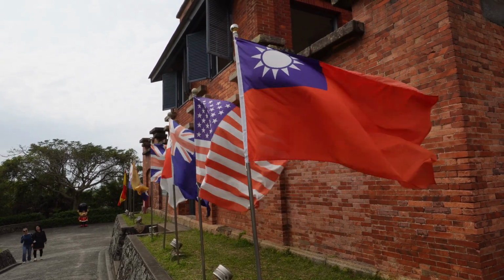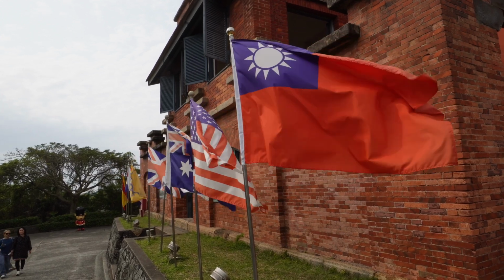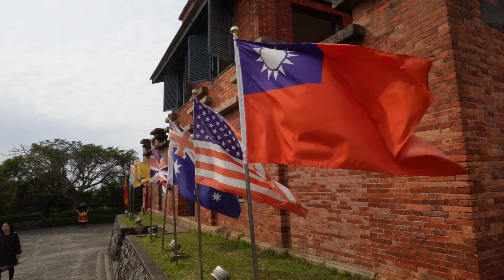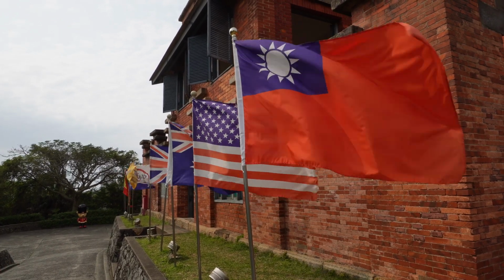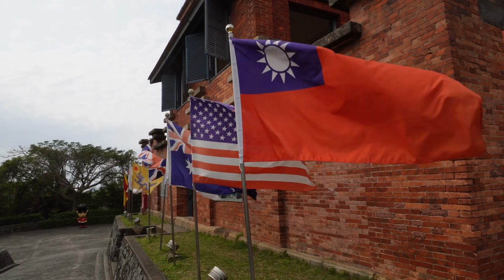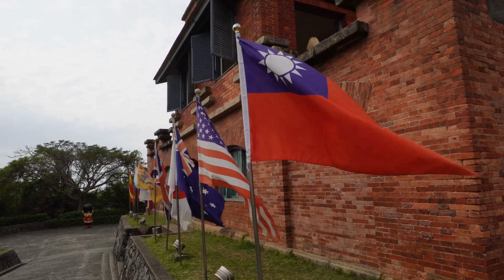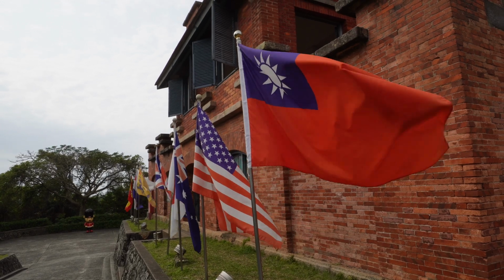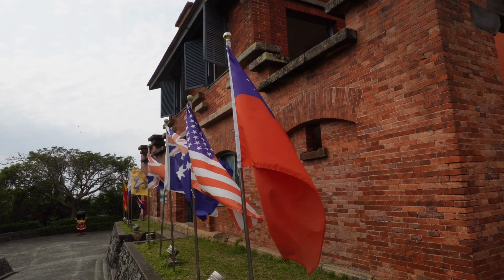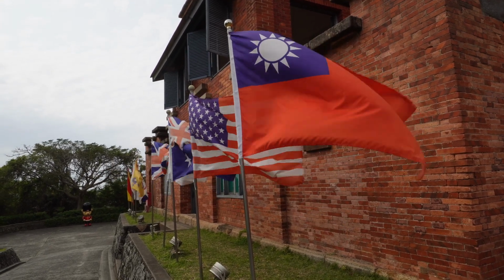So the Spanish came to Tamsui in 1628 and established the fort, and then they left and the Dutch came along. Or should I say the Spanish actually expelled, or the Dutch expelled the Spanish from Taiwan, and the Spanish destroyed the original fortress, hence the name San Domingo, being Spanish. And then